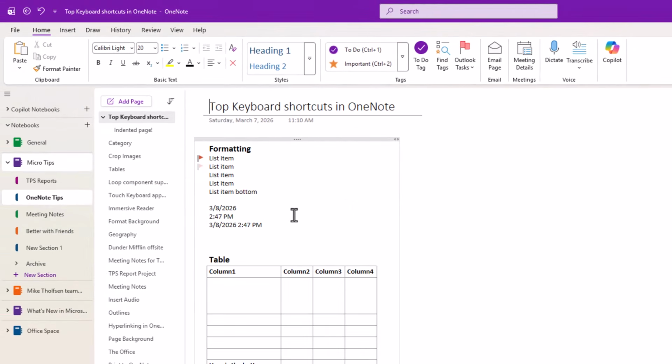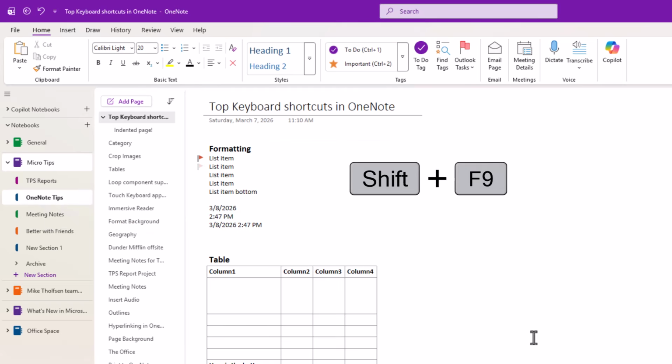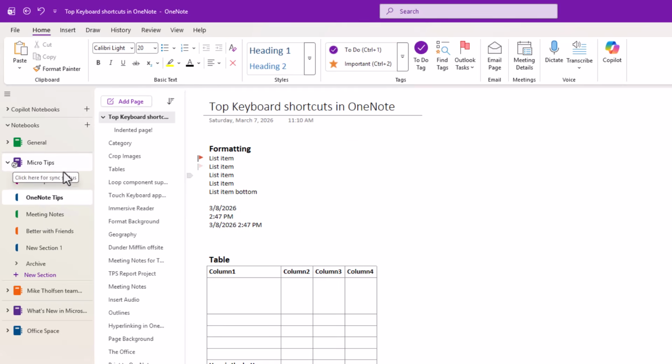And wrapping up the old syncing, if you want to force a sync right now, if you just do Shift F9, syncing, you can see the little icon appears, that will start syncing your notebook. So Shift F9. Hopefully that gives you a really good sense of how to be more efficient with your OneNote